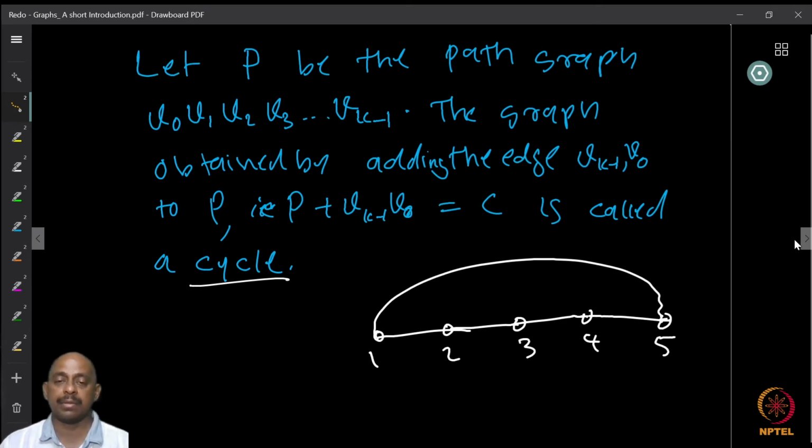Again, cycles also can be subgraphs. If there is a subgraph isomorphic to a cycle graph, then it's basically a cycle in the graph. Now, if you want to define it in terms of walks, a cycle is a walk where we don't allow repetition of vertices, except that the starting vertex can be repeated exactly once, so I can come back to the vertex. So it's a walk where we don't repeat any vertex, except that the starting vertex and ending vertex can be the same.